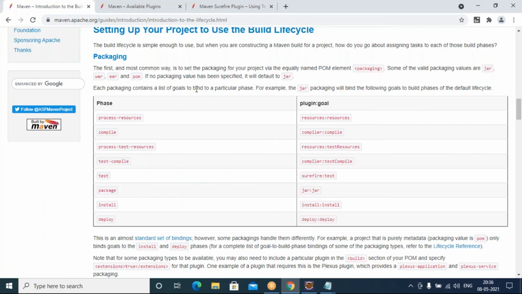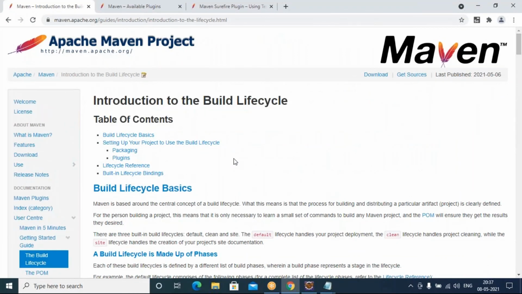So each phase has some goals. A group of goals is nothing but a phase. A group of phases is nothing but a life cycle. Simple, right? Now, how can we verify these phases and check each goal? We will discuss that in detail.